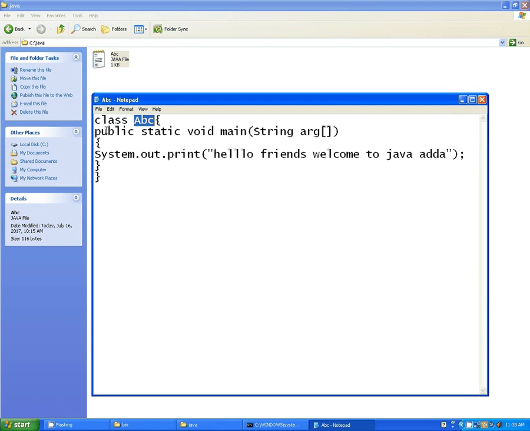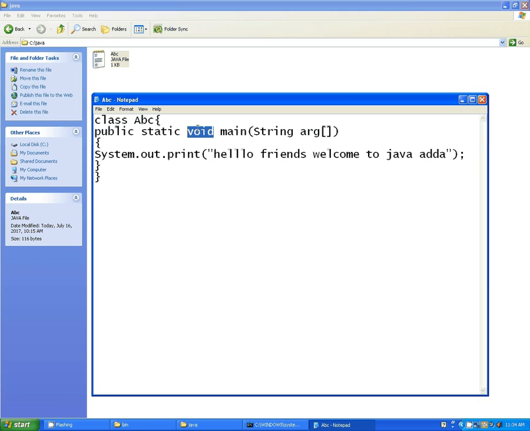As in C, in other languages, there is also a main function inside Java, that is public static void main. Public means you can access that thing from any place. आप इसको कहीं से भी access कर सकते हैं, public का ये meaning हुआ. Void means it is not going to return anything. Void means nothing.